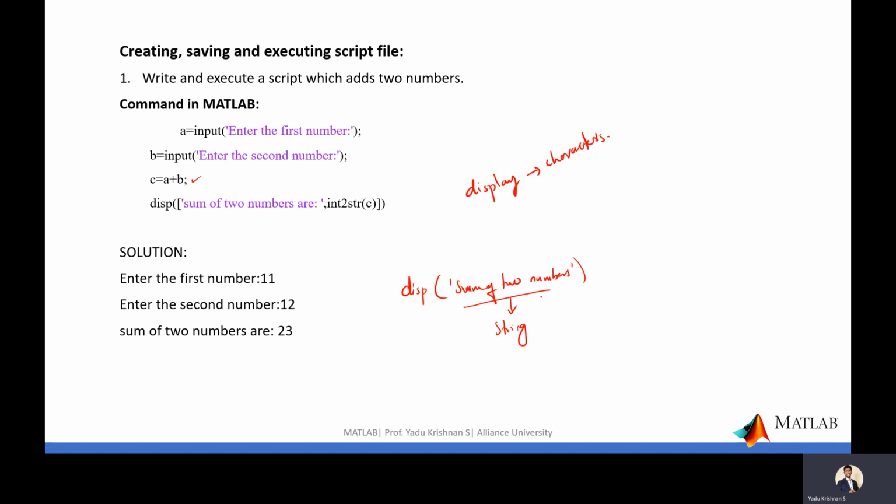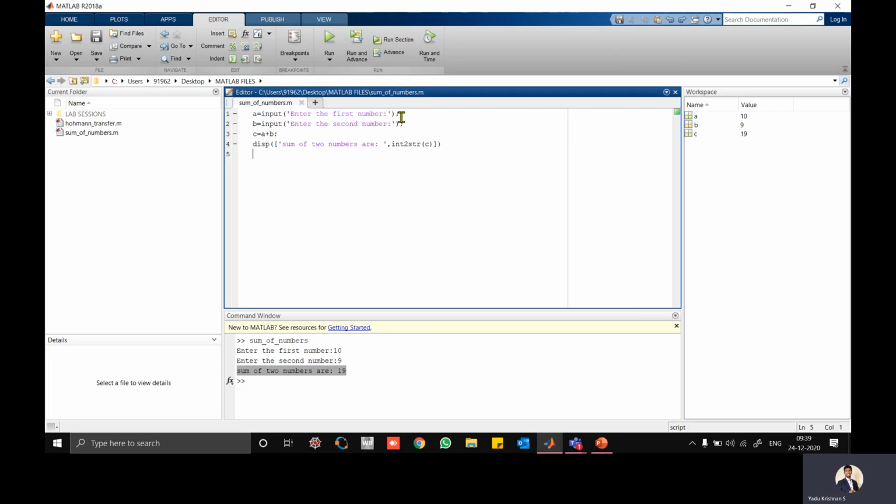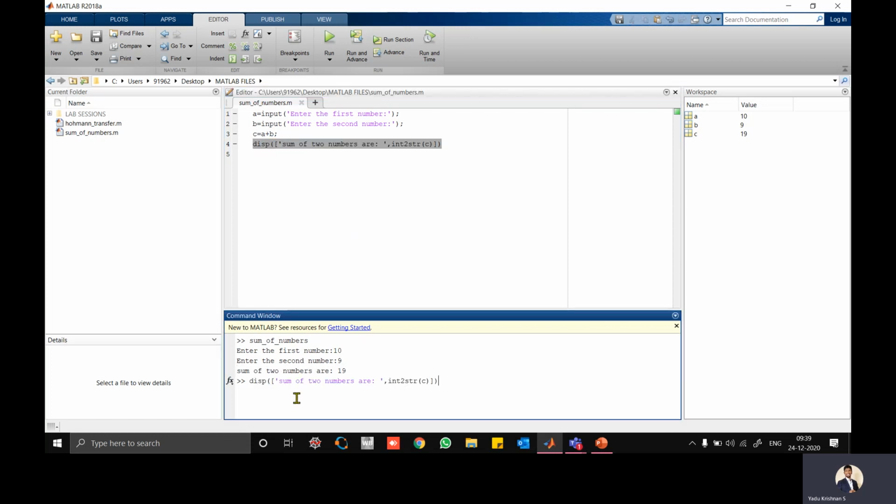But if you want to show the number also, it is possible. Like for example, in this particular problem, I'll just open this and play in the command window just for this.